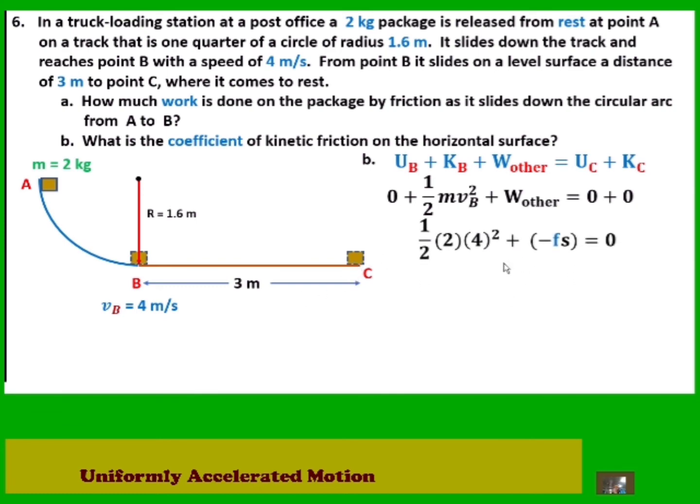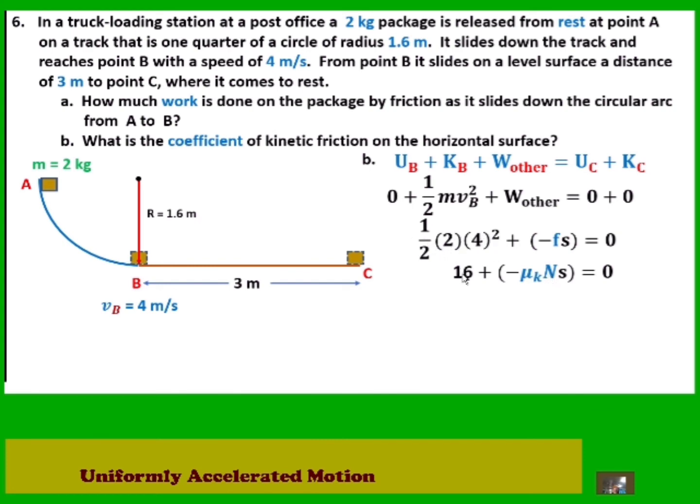Substitute. This other work done is negative since the kinetic friction reduces the energy of the body, the package. So this is negative. Mass is 2. At point B, speed is 4. Force of friction is mu sub k times the normal force,